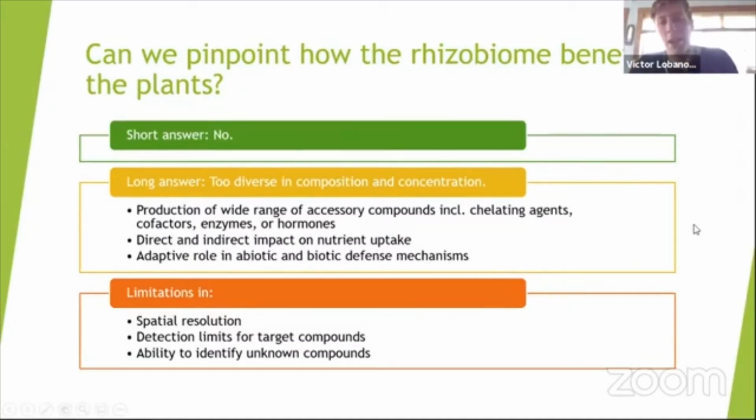Sometimes they'll have a direct impact. For example, there may be a specific organic acid that we know, when it's expressed by the plant, will enrich certain types of bacteria, but we don't know if it's happening directly or indirectly, how that's influencing nutrient uptake. It's this huge web, and I think it's important to be aware of what's going on, but